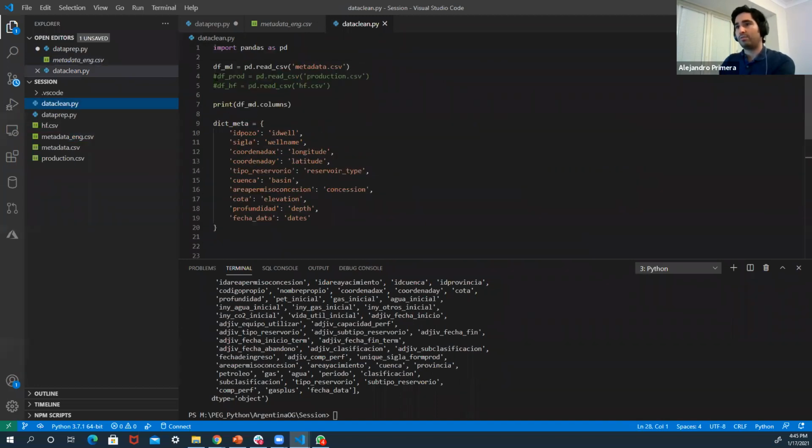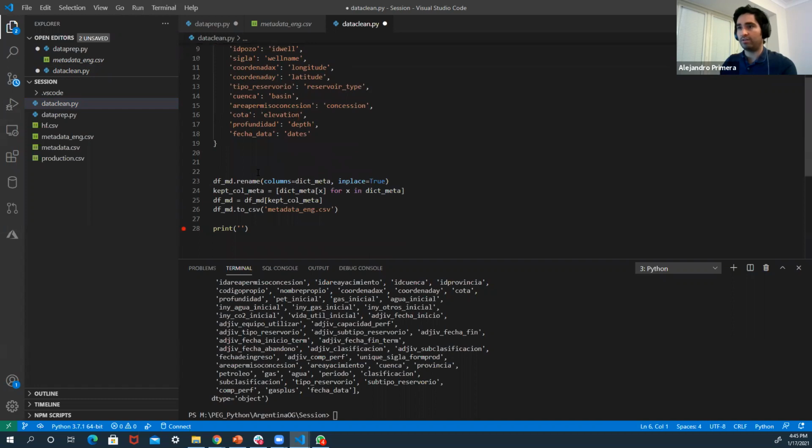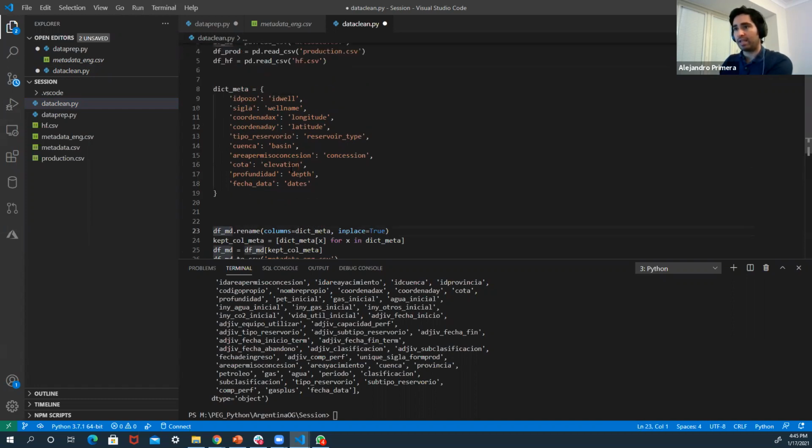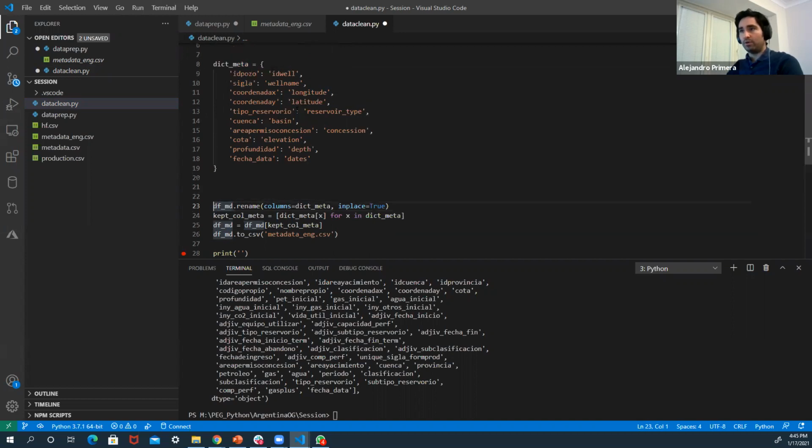So I need to do the same with the production data. And I need to do the same with the hydraulic fracture data. For the sake of time, I'm not going to bother you with all the details of how I did it. Again, we can write a bit of a function to pull the dictionary. So if I wrap this into a function and call it